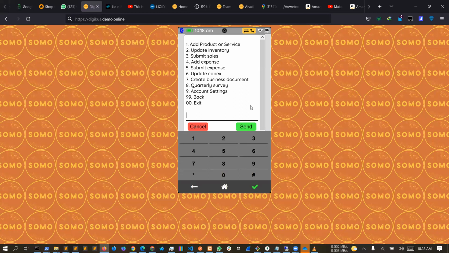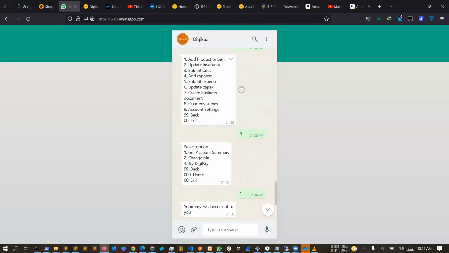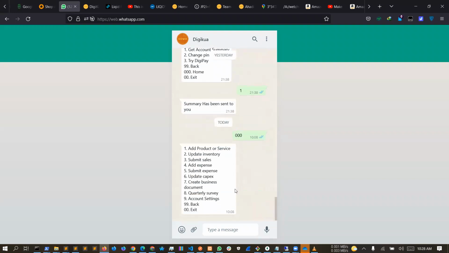For the next version of this demo, we're going to use the WhatsApp version. I have opened it here. DigiKua is also available on WhatsApp, and the menus are similar to the USSD. So an entrepreneur can either use WhatsApp or USSD interchangeably. They are all linked together. DigiKua is connected to